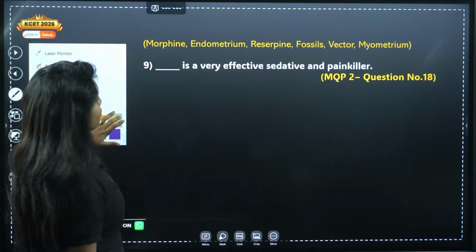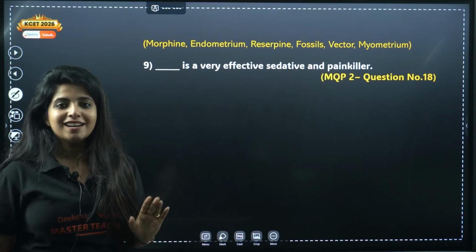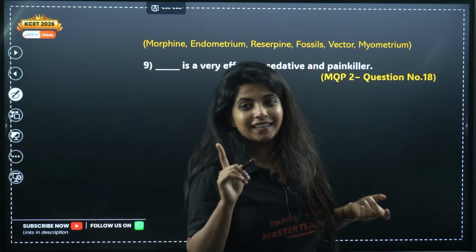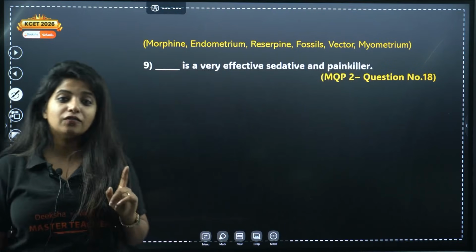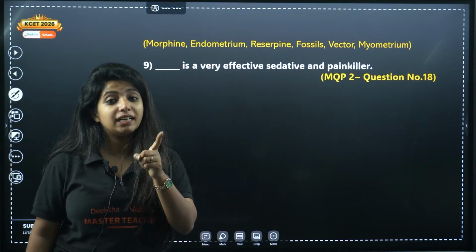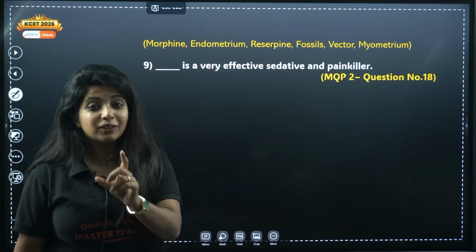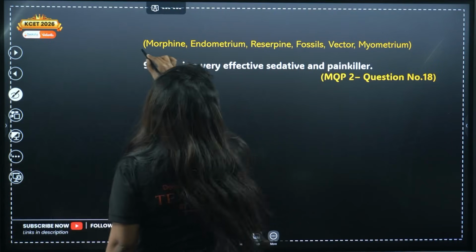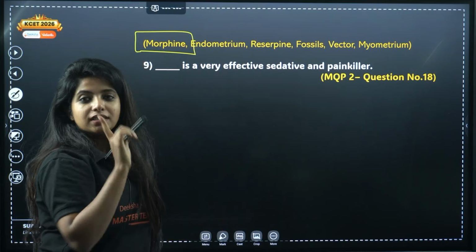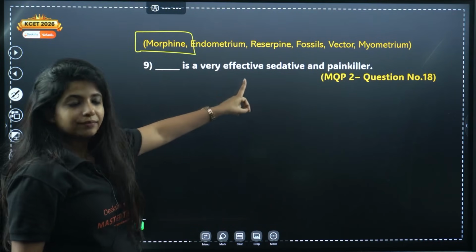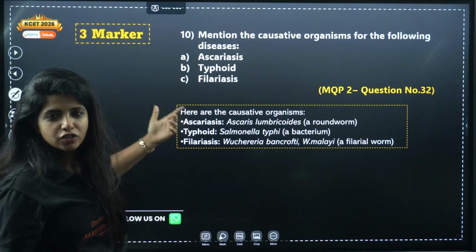Now again you have a fill in the blanks question. Dash is a very effective sedative and a painkiller. We studied about the depressant that slows down our body, that was heroin. And at that point I told you doctors give sedative and painkiller to patients who have undergone surgery. What is that particular drug? It is none other than morphine. From morphine only you get heroin, right? So morphine is the answer for this question. It's an easy question, but sometimes we forget it since we have a lot of things to study, right?